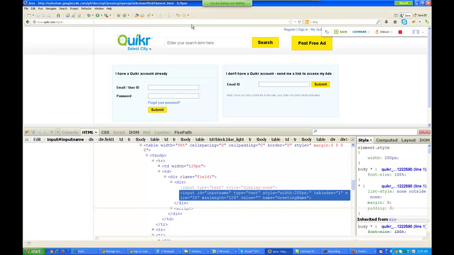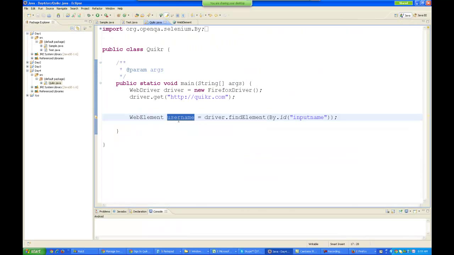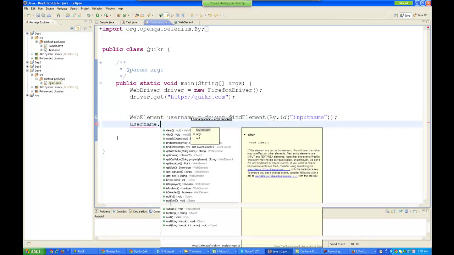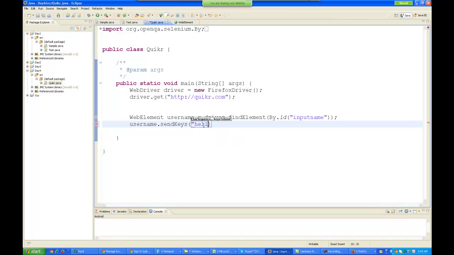For example, I'm sorry, a username is a text field. Okay, if you write username dot, there will be a lot of functions which you can perform with this particular web element username. Okay, I'll perform the function send keys. Send keys hello. So it will go to the website quicker.com, type in something into the username, into the input field. Okay, it will type hello into the input field. So when you run this,